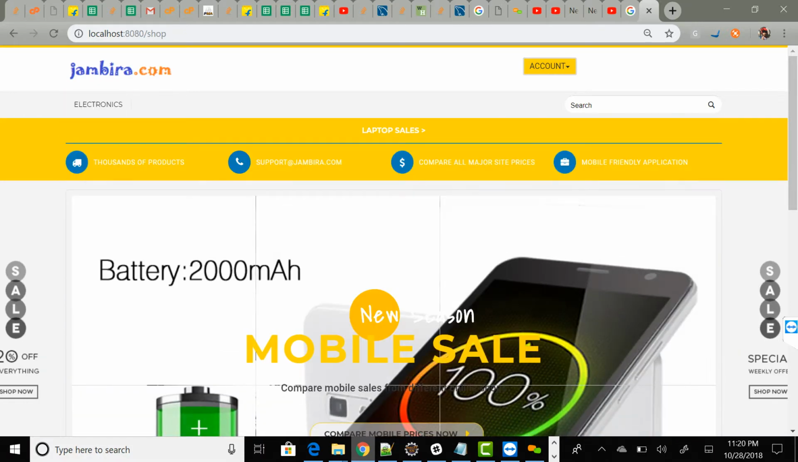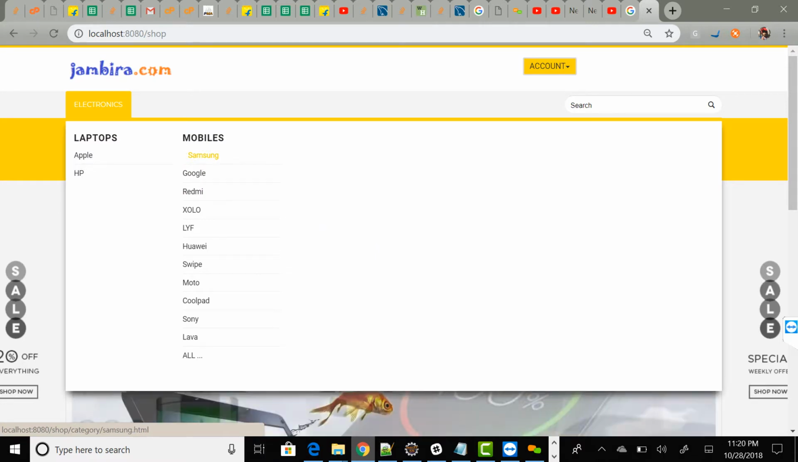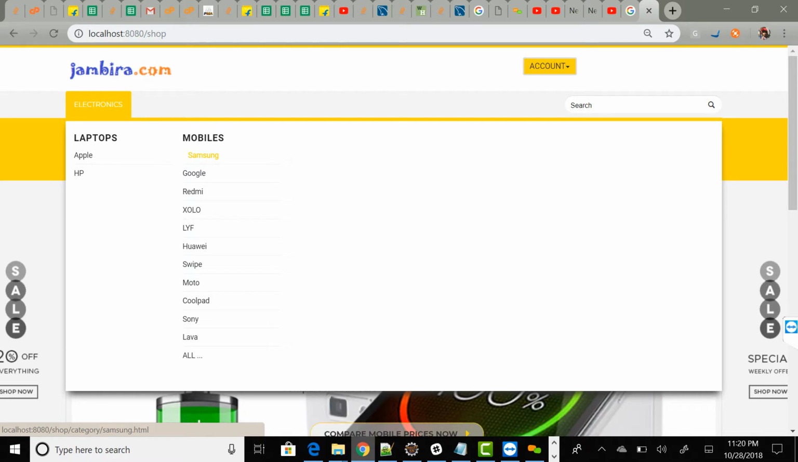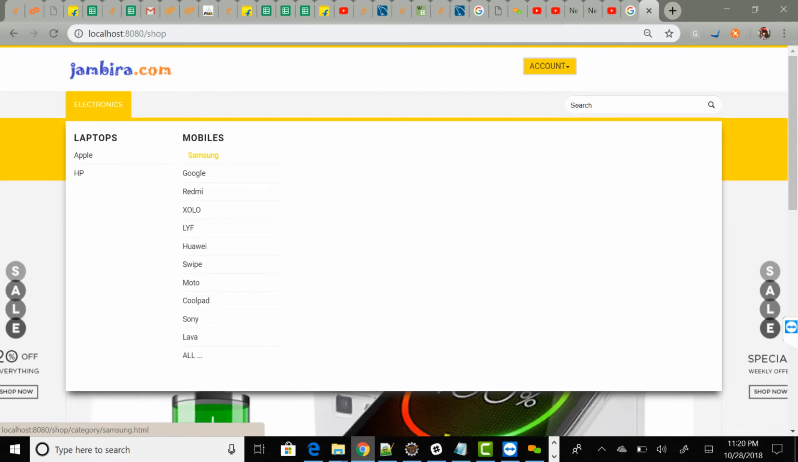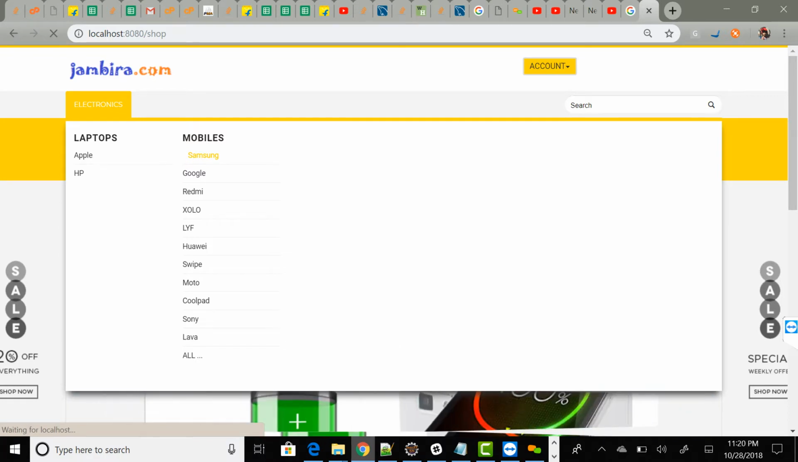Right click Samsung, we are issuing a request over here. I cannot take that out, because localhost shop category Samsung HTML is what is called. That request will be issued to this particular URL as a GET. Okay, I've clicked, and now